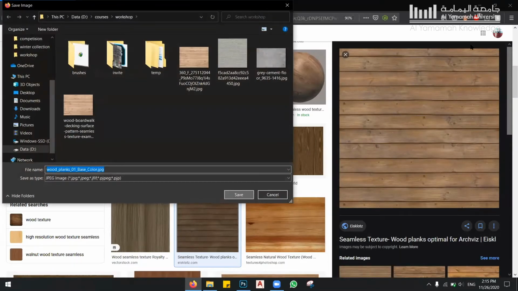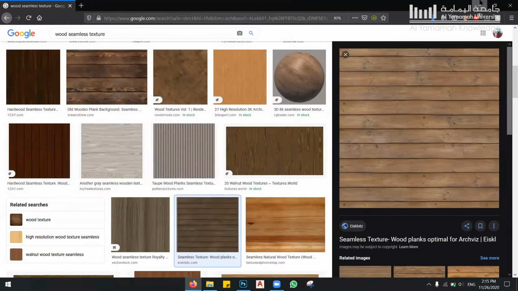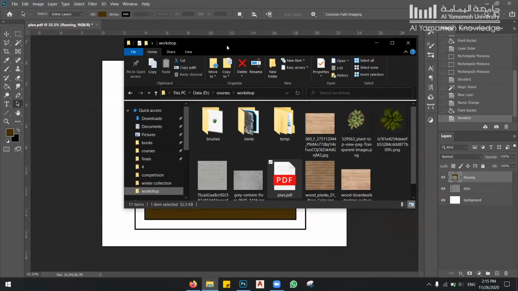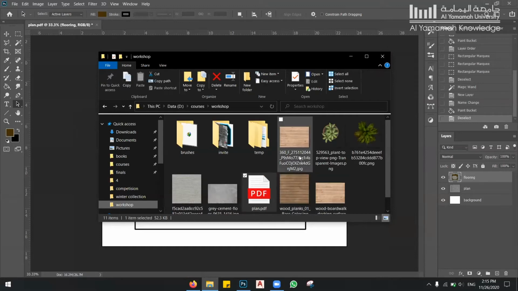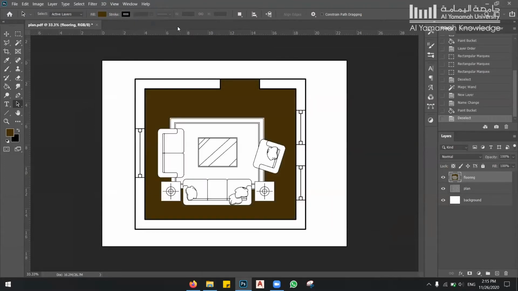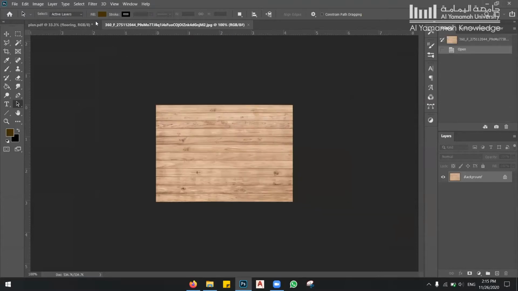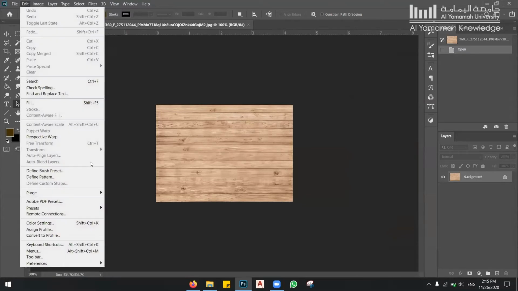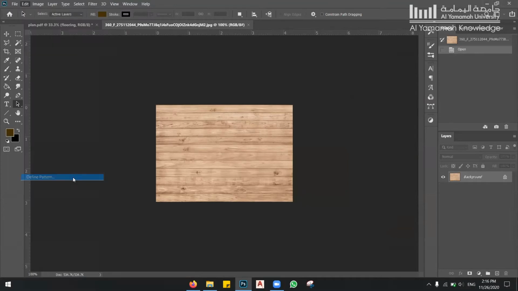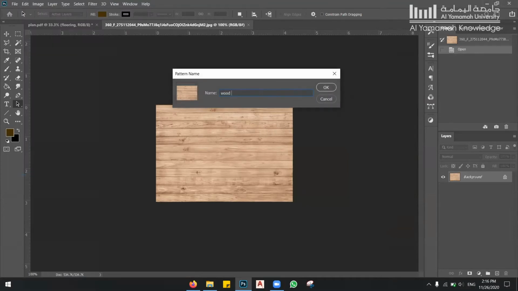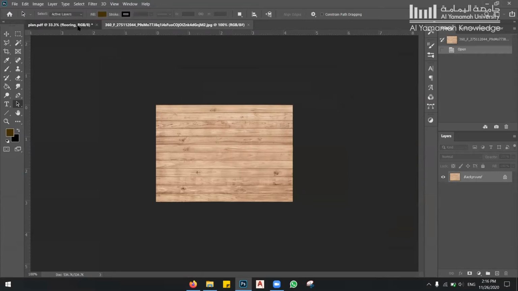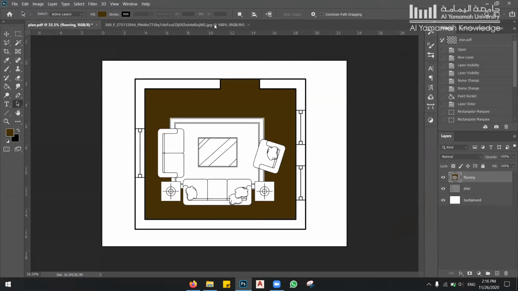Save this image, save it to any file that you want. And then what we're gonna do is take the picture that we have downloaded and put it not on our project, but right here in this place, this row right here. It's gonna open it in a separate file, and then you can just go click on edit, define pattern, and then we're gonna name it wood maybe 1. Okay, we're gonna click on OK, then gonna go back to my project, and now we can just close